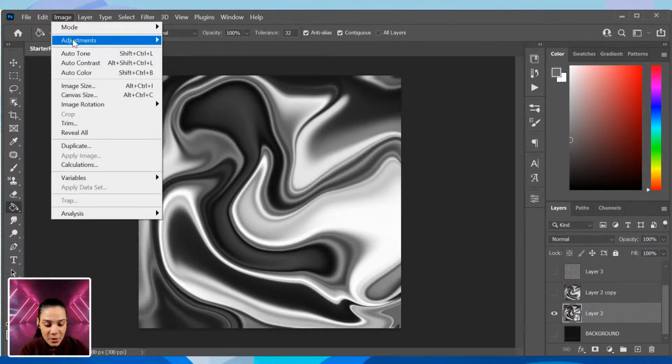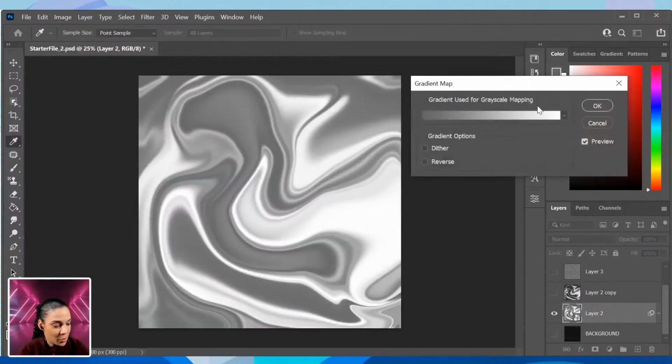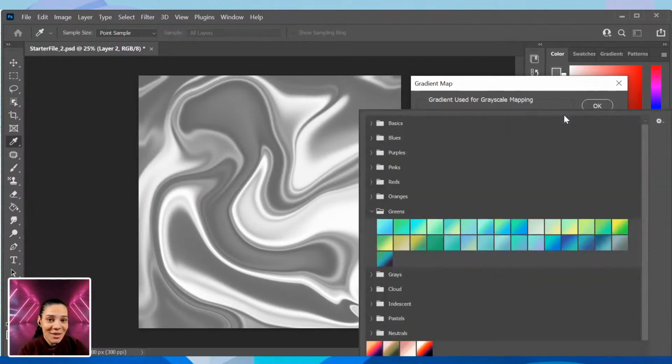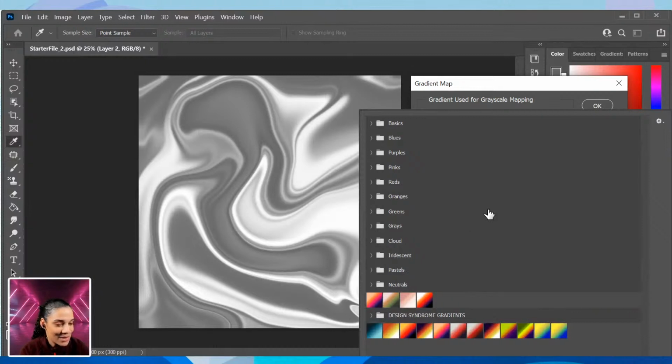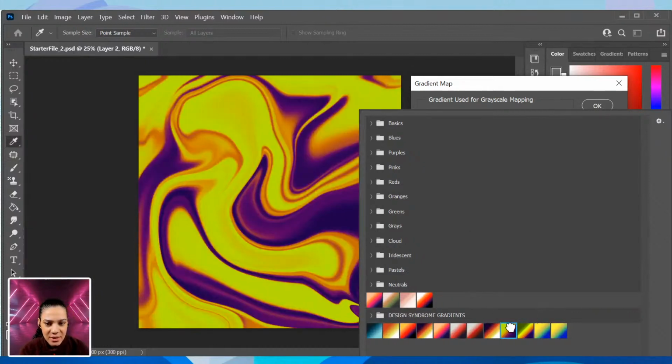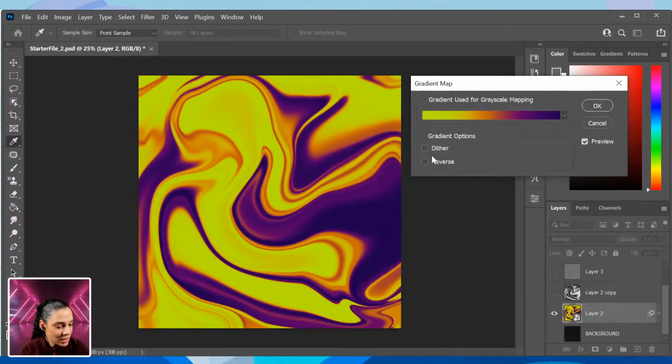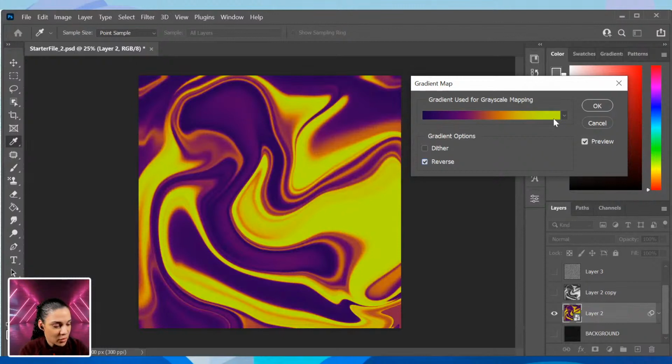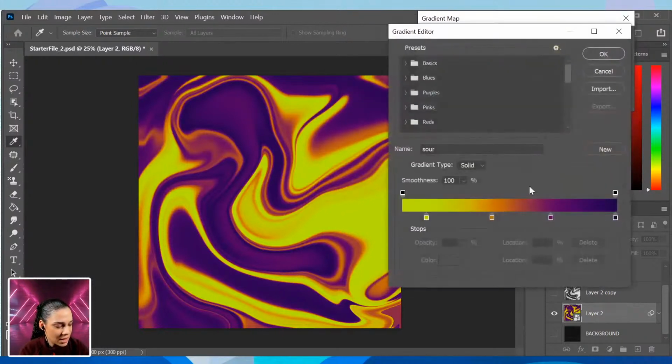I'm going to come back up, go to adjustments and gradient map, and open this again because I want some spooky colors. I'm VooDoo Val. We can't get out of here without using spooky colors. So I'm going to come in, and I think I'm going to use this. That's pretty cool. And I am going to reverse it. This is one that I've created before, and you can click on it again and open it up. I might actually